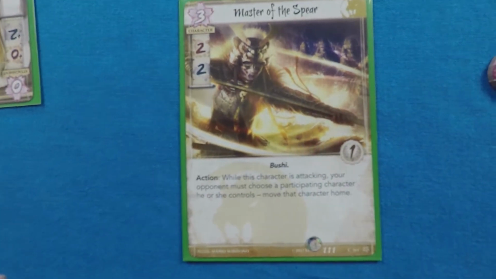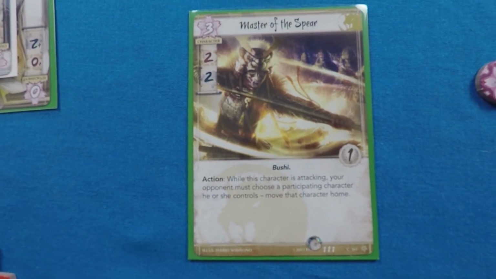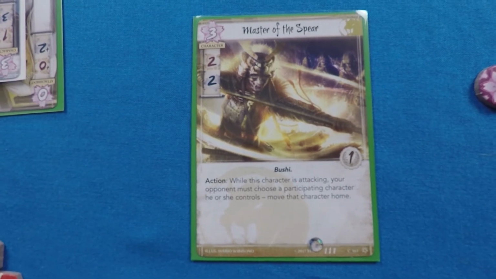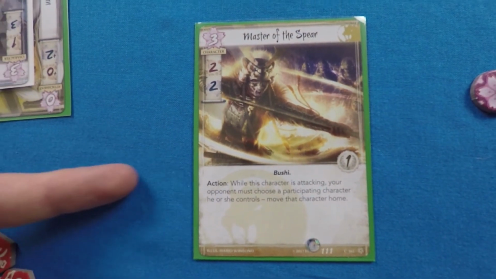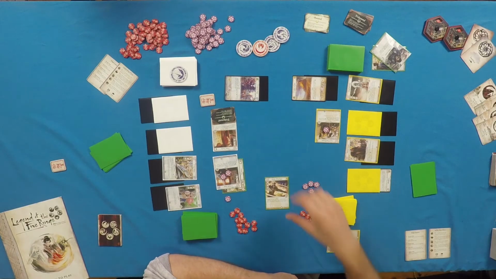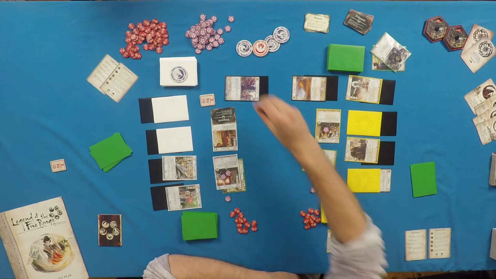Master of the Spear is an example of a character card that you get in your conflict deck. What this means is it's a character card that can be played to the surprise of your opponent during the conflict phase, provided you pay the fate cost. As with the characters played in the dynasty phase, you can overpay to put fate down on this character. So our lion player decides to go all in, playing a Master of the Spear for 3 fate,